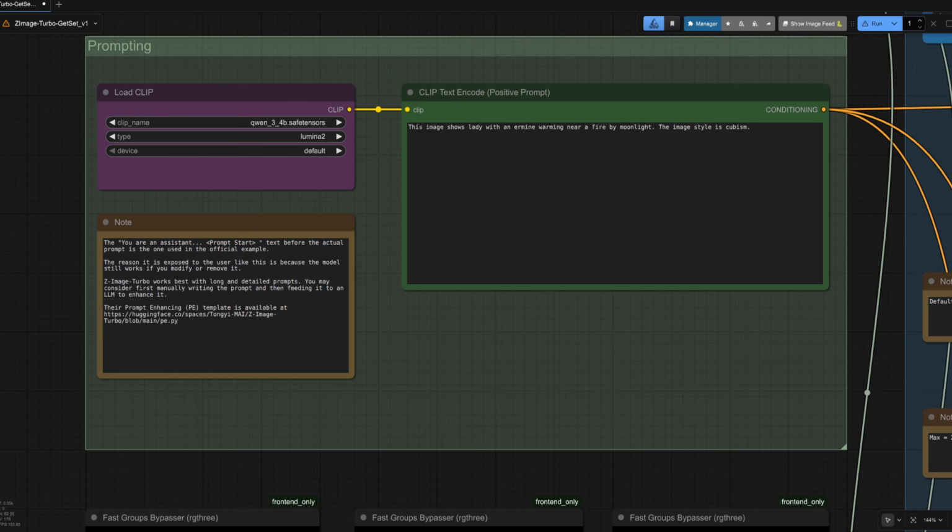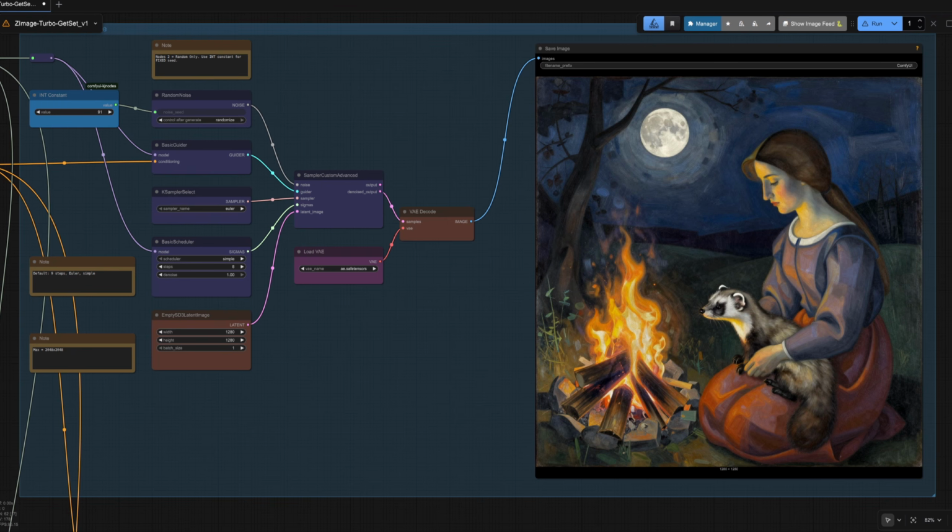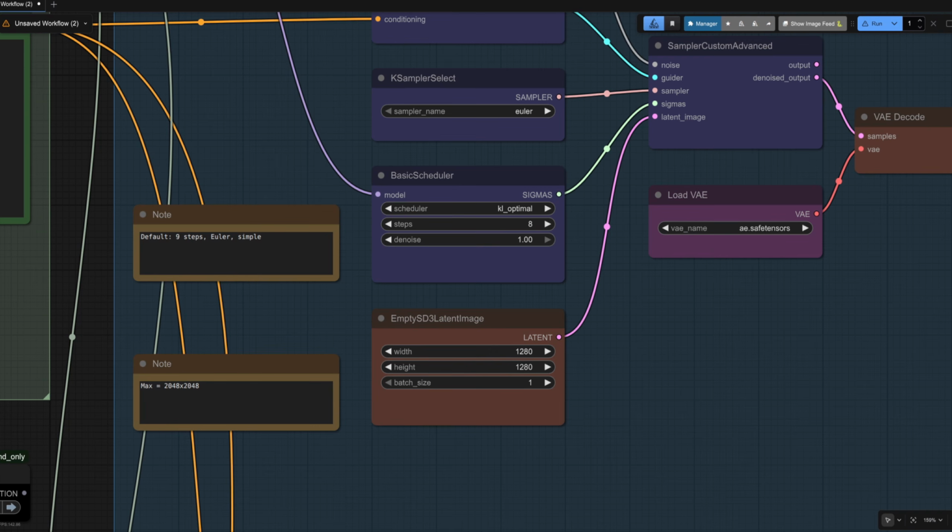But will ZImage fall at this hurdle as well? Why yes. Yes, it will. Far too much detail for my liking, although it has shifted towards the painting style at least. So is there anything we can do about that other than giving it a much longer and more detailed prompt for this style? The first test then is to try with a new scheduler, KL Optimal this time,